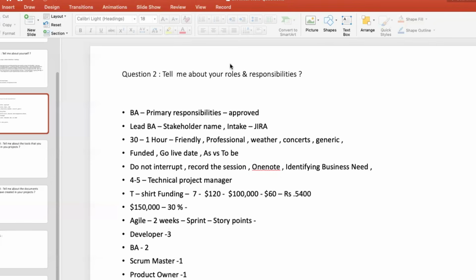So with 3 teams, nine different projects are going simultaneously. If new projects are coming and the lead BA is able to give the high level LOE, then usually the project manager's job is to review everything and then approve it.